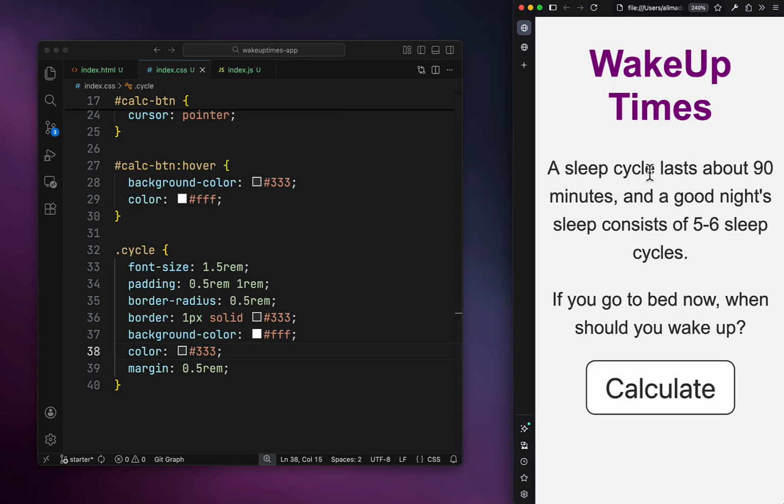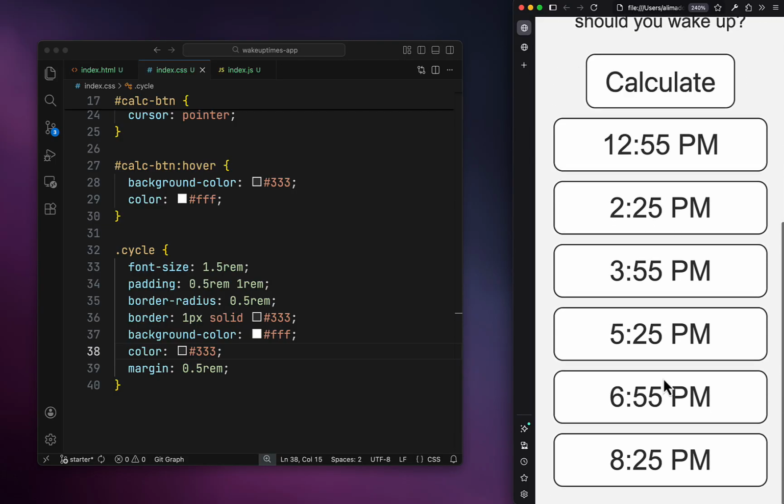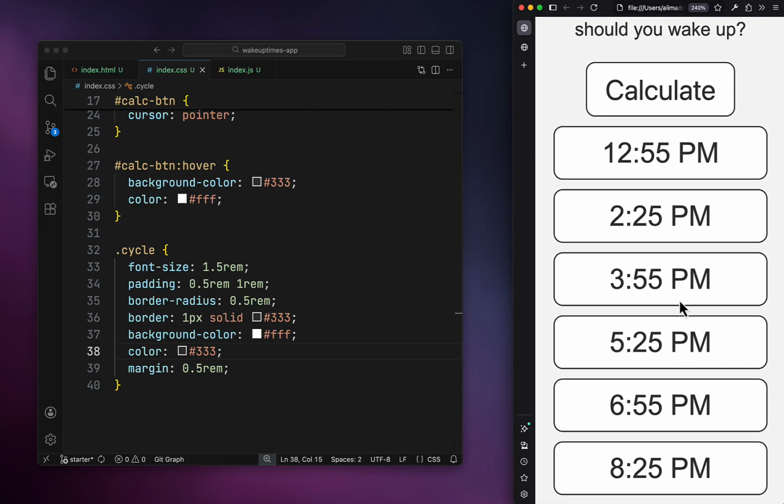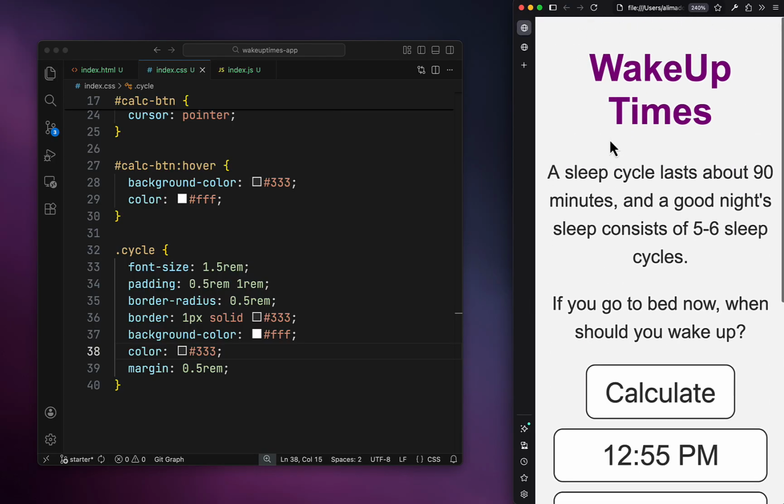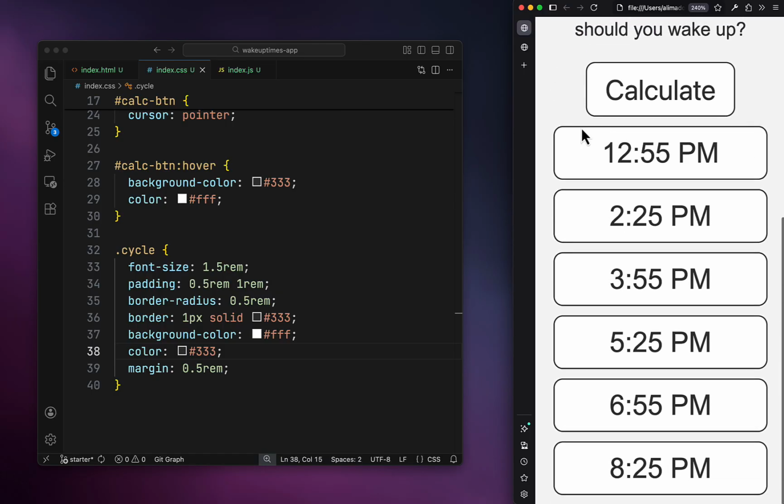So let's refresh our page, go ahead and click on calculate, and you can see now I've got all of these WakeUp times having the same style applied to them. All right, so we've styled the application a little bit. It looks better than what it was before. There is, of course, a whole lot of room for improvement, and we'll try to polish this a bit more in the next video. But the purpose of this recording was to give you a very brief introduction to